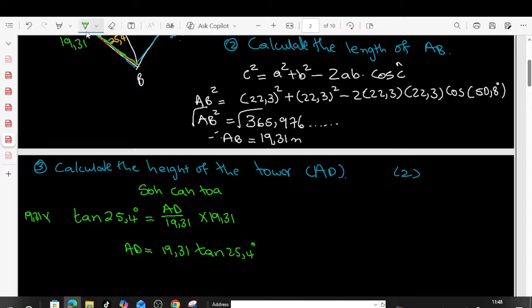This is easy, no? Right. So this is 19.31 times the tan of 25.4, and this gives us 9.17 units. So AD is equal to 9.17 meters. Exactly, Tandy. Thank you very much. That's correct. So now let's calculate the length of